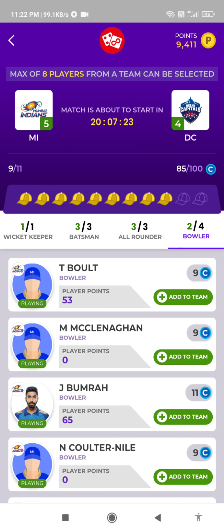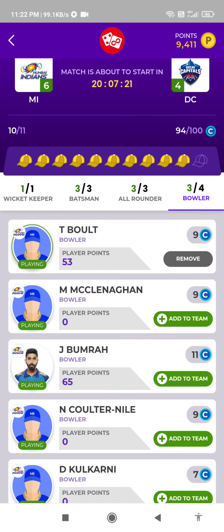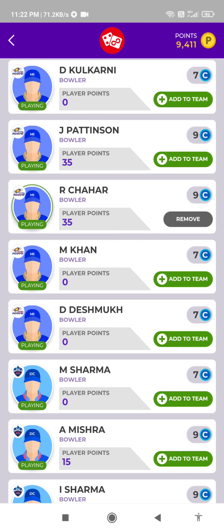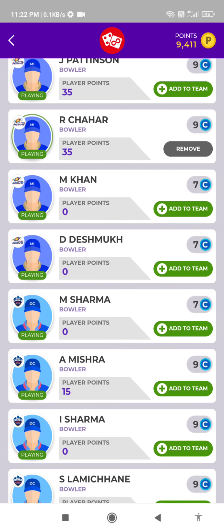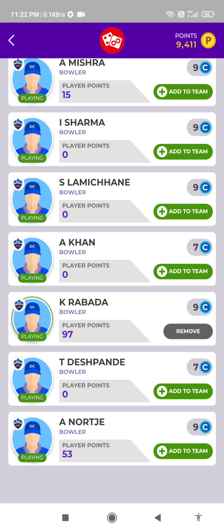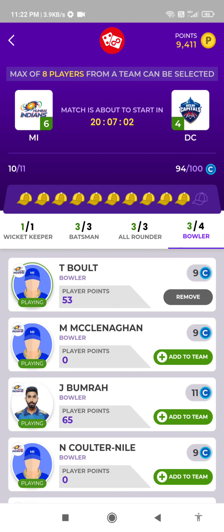I want to remove J Bumrah and choose T Bolt because I can't lose my extra Geo's cost, means team cost, which is 100 only, but I can't because it is 94 by 100.